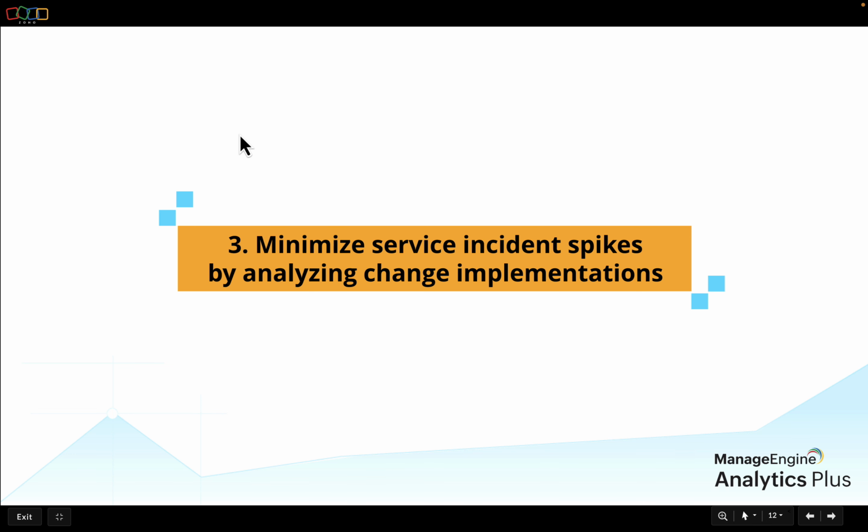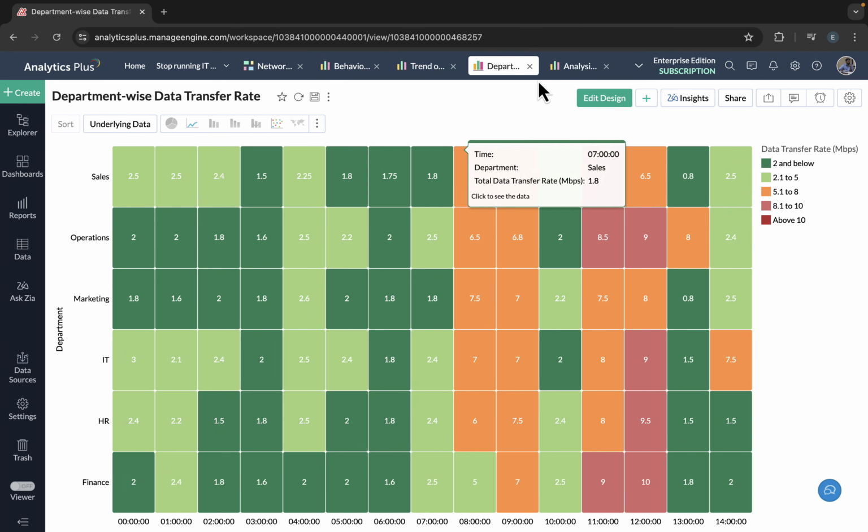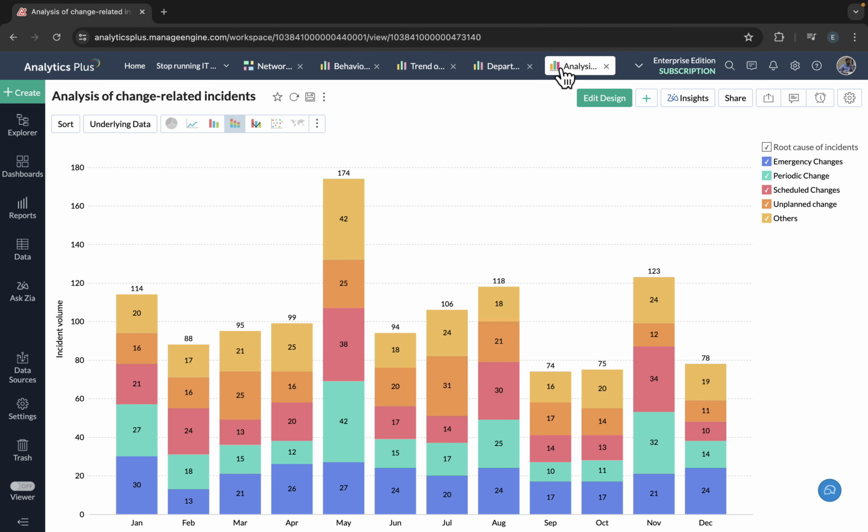This can be accomplished by analyzing the types of changes being implemented and understanding the relationship with the incidents. By visualizing the monthly trend of incidents in an organization, we can easily analyze the number of incidents associated with each change type. The analysis that is shown on your screen reveals that over 75% of incidents occur as a direct result of